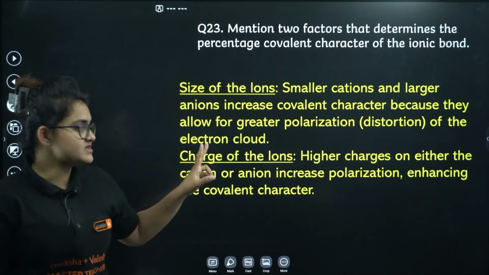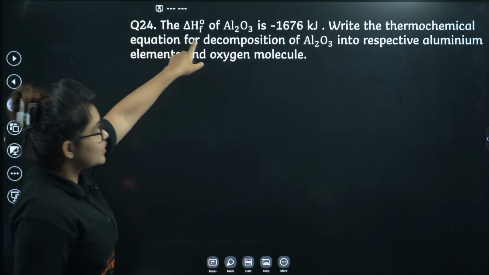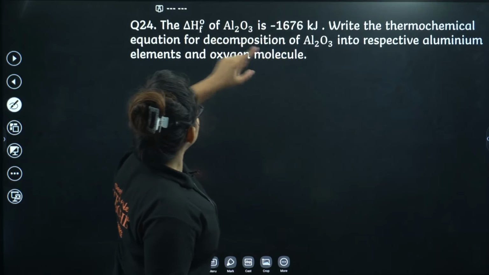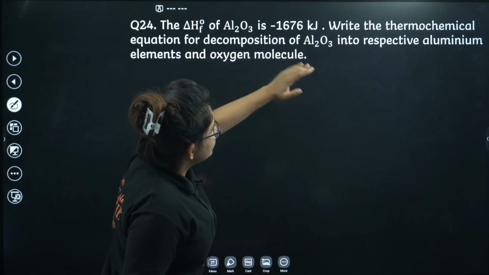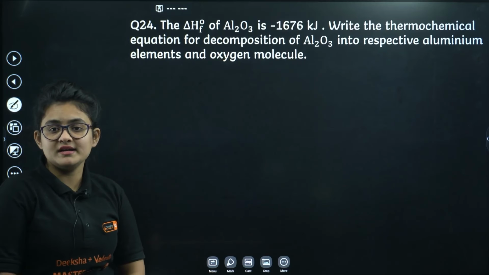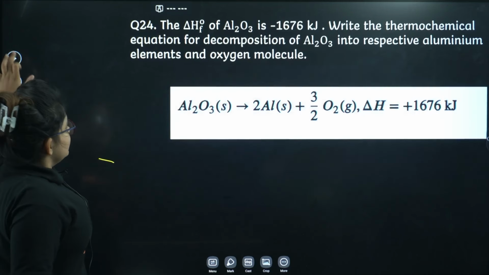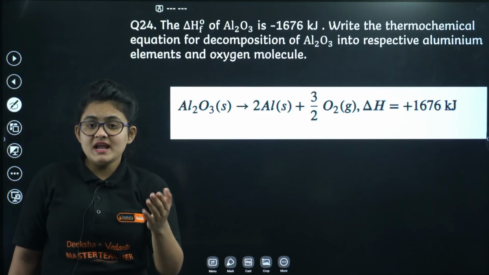Okay, remember this. Next, the delta HF0 for Al2O3, meaning the formation enthalpy of Al2O3, is minus this much. Write the thermochemical equation for decomposition of Al2O3 into respective aluminium elements. Just the opposite reaction we have to write, meaning Al2O3 will be breaking down. You can see this is the reaction, Al2O3 will break down to aluminium and oxygen, and whenever it comes to